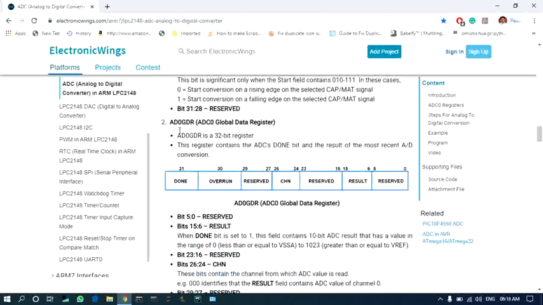Next we have AD0 GDR, which is the Global Data Register associated with AD0. This will give you the information about which channel the conversion is done from. So if you have enabled many channels under AD0, and you want to know for which channel conversion has been done, you can do so using this register.